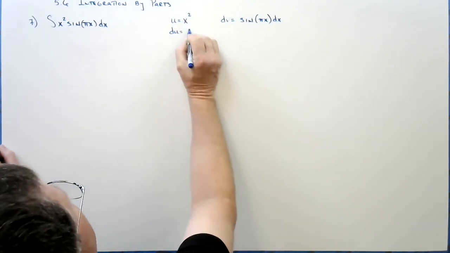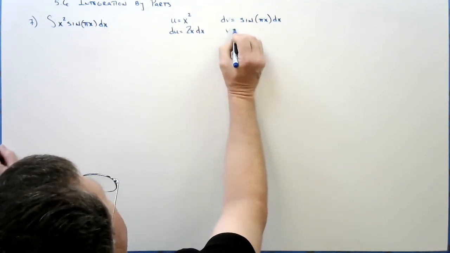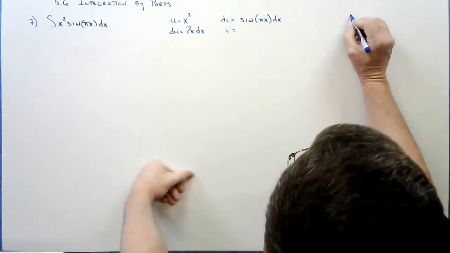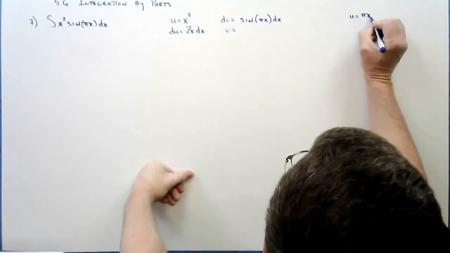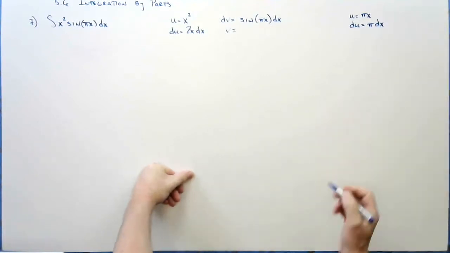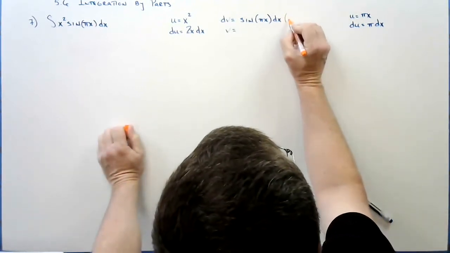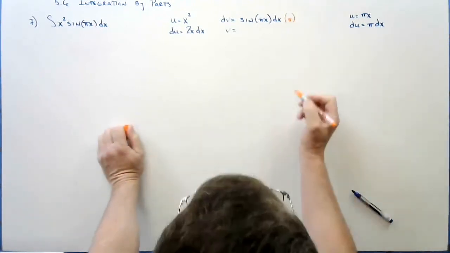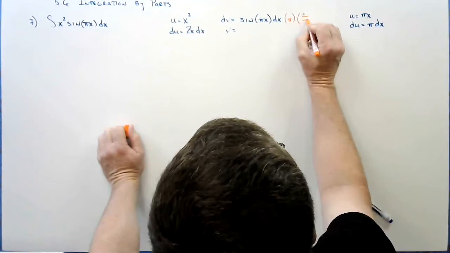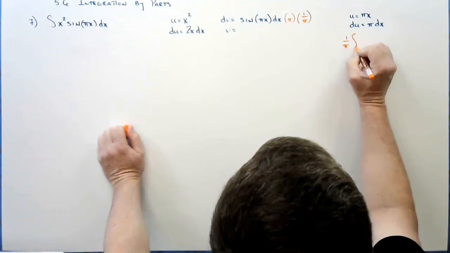We take the derivative of x squared. We get 2x dx there. We integrate sine pi x. Sine pi x is going to be a u sub. We're going to let u equal pi times x. So du would be pi dx. So we would need an additional factor of pi before we could integrate, which means we would balance that out in front of the integral with a 1 over pi. So that integral would look like 1 over pi, the integral,